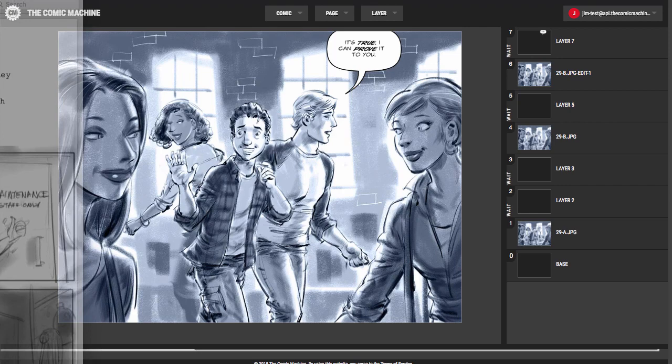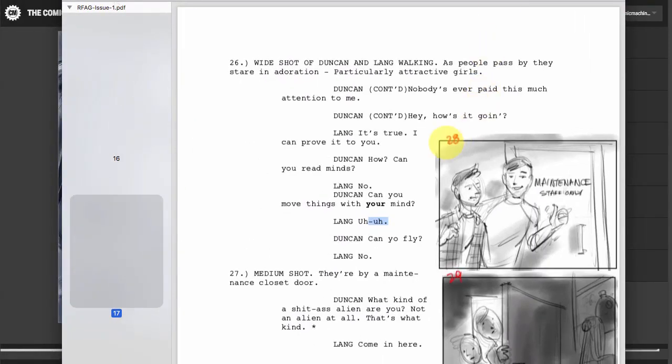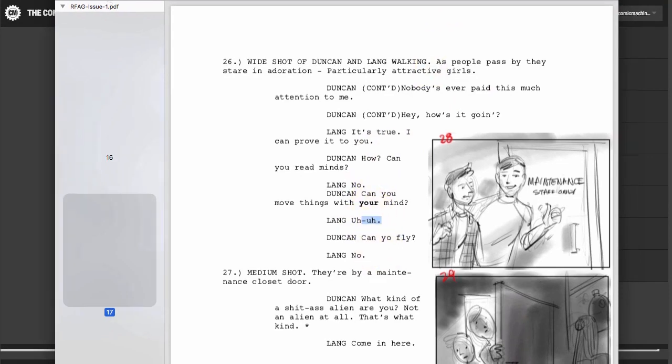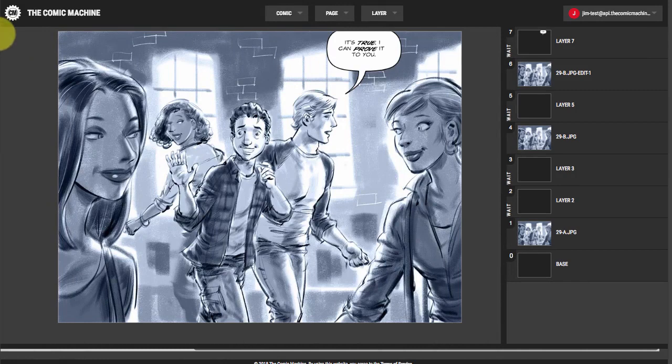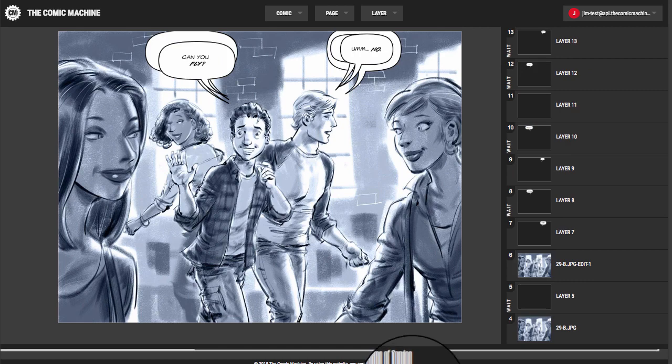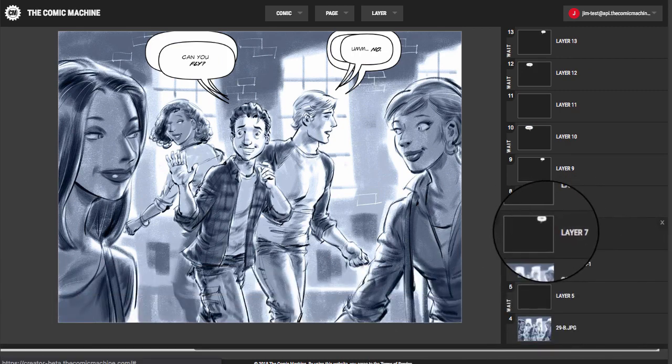So in this panel, there is more dialogue after this. After Lang says, it's true, I can prove it, Duncan says, how can you read minds? No. Can you move things with your mind? Can you fly? No. But I'll do those off camera, and then when we return, I'll show you how to publish and share it. Okay, we're back, and as you can see, the last layer we had was number 7,